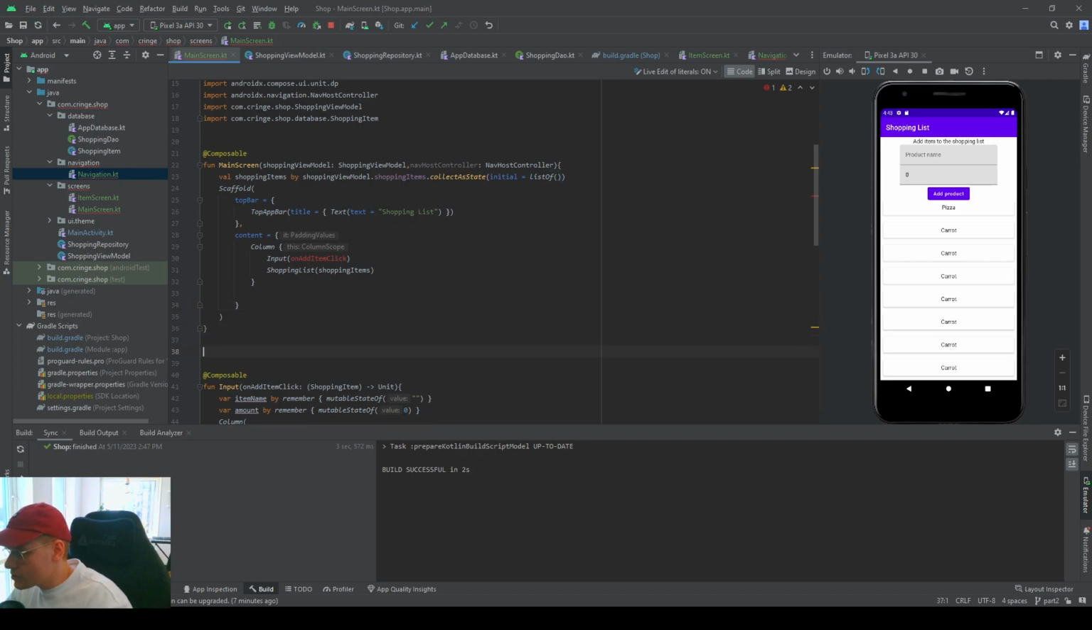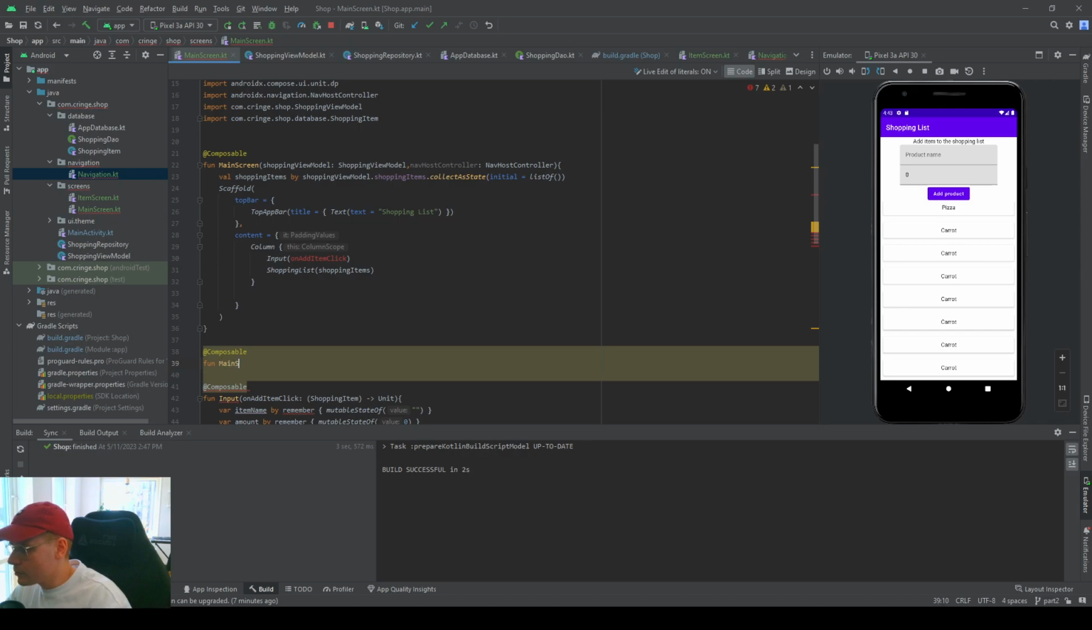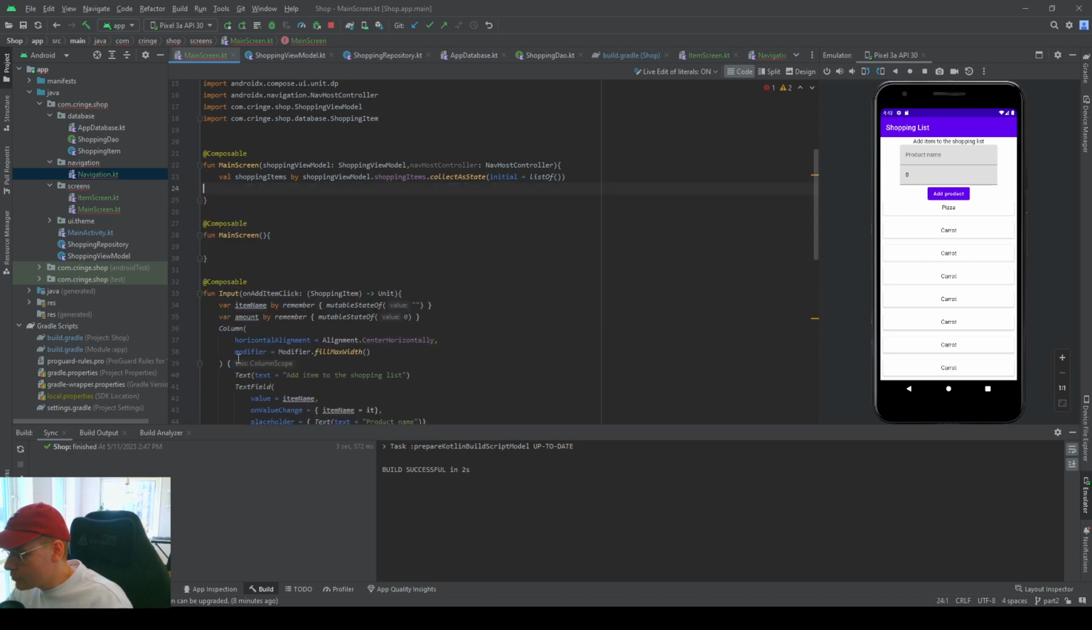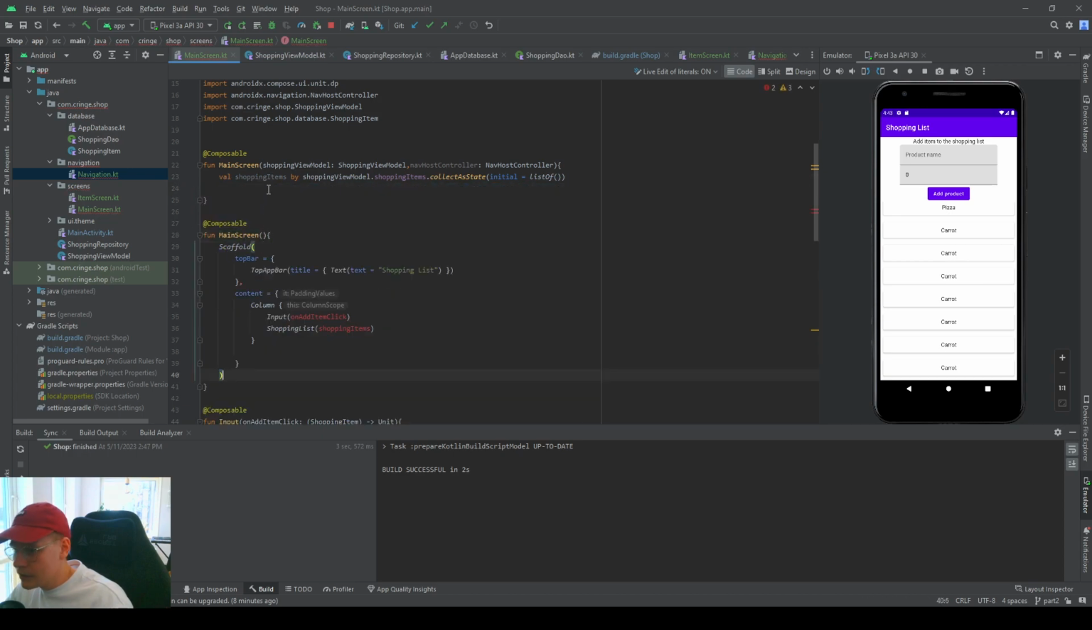So we are actually going to create another function here that is going to be composable. It's going to be the main screen, because you want to divide and have as little stuff as possible in each composable to make it easier to preview them and have them as modular as possible. So in here, we're just going to move this like so, and this is going to take in the shopping items, which is the list of shopping item. It's going to have the on item click like we had before, and it's going to take in a shopping item,